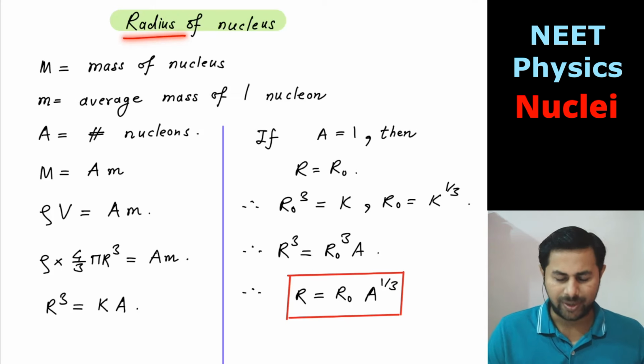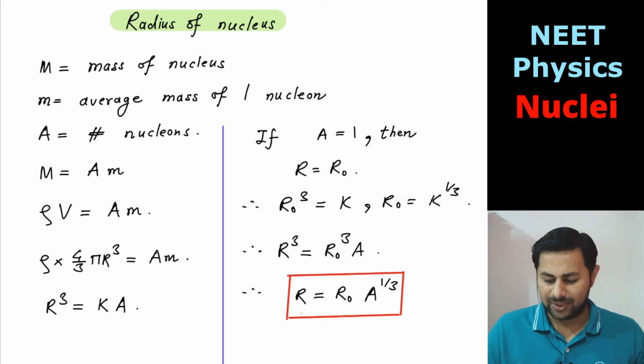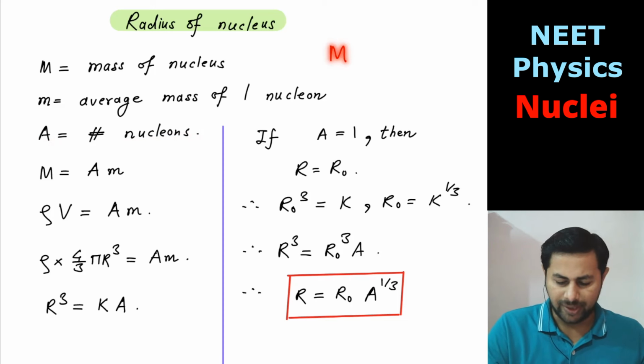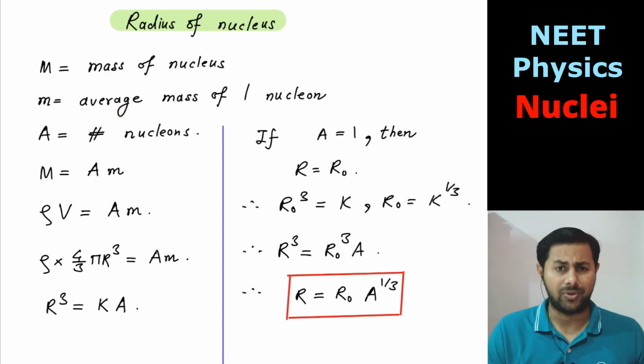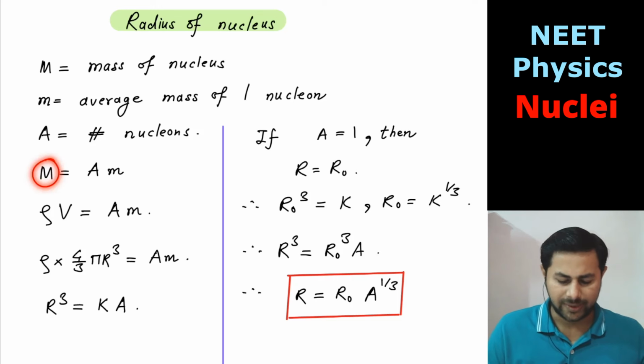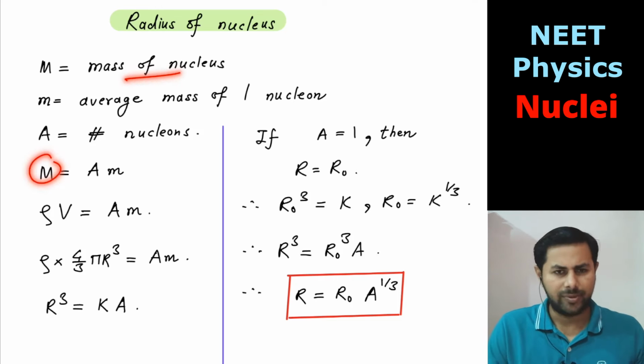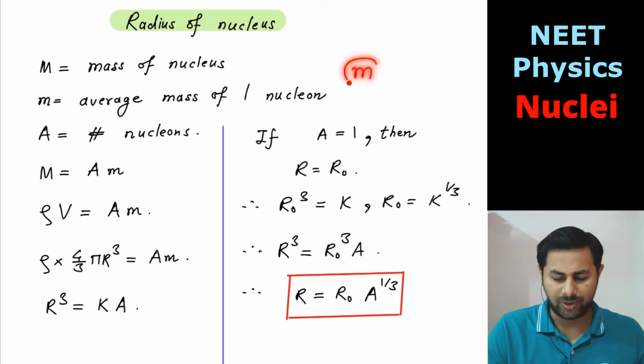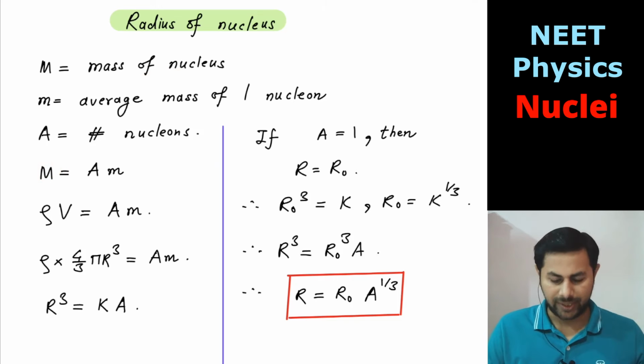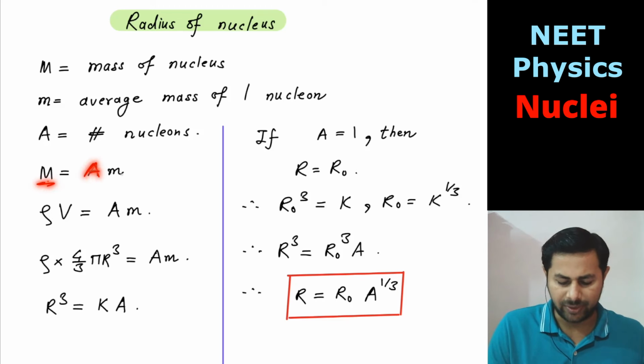Now let's understand this formula. The radius of nucleus, R is equal to R naught A raised to 1 by 3. So where does it come from? See, A is the number of nucleons. Suppose M is the mass of the nucleus, and small m is the average mass of one nucleon, that is, the mass of a proton or the mass of a neutron. Then the total mass of the nucleus would be directly proportional to the mass of one nucleon, and roughly, I'm just saying roughly, we can write this mass as equal to A times the mass of